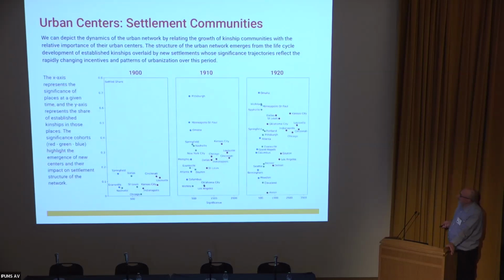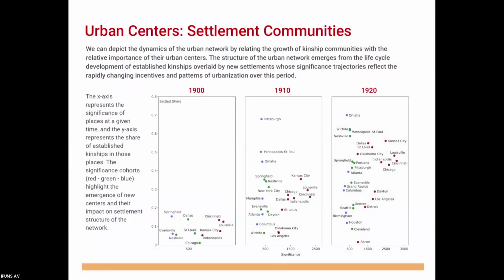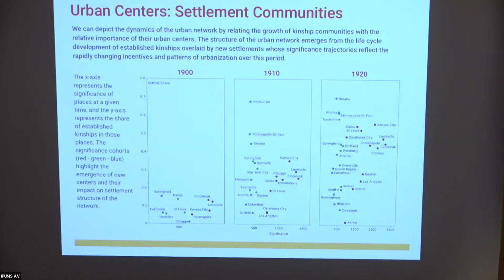So this gives you an idea of the dynamics of this. You have, in 1900, a relatively small number of urban places. You can see the dominant ones here, they're in red. We've seen these before. And they don't have a very high percentage of settled kinships because it's early in time. We're starting out here. And as time goes on, you get a greater and greater share that are settled, and that just simply represents the growth